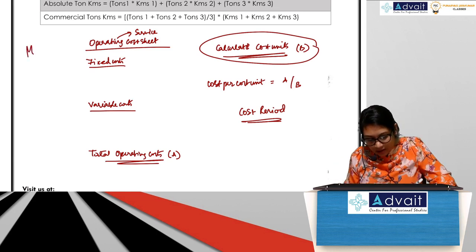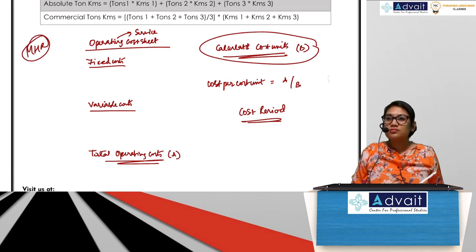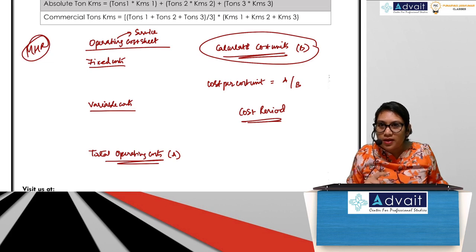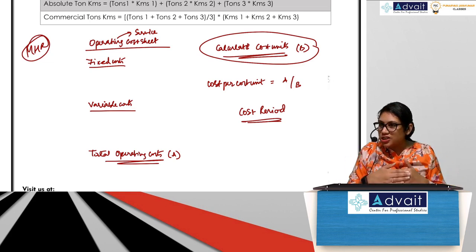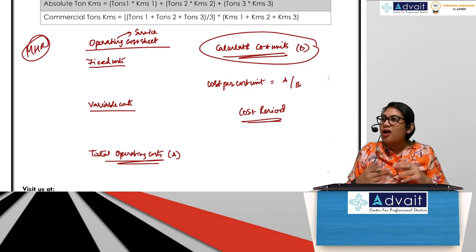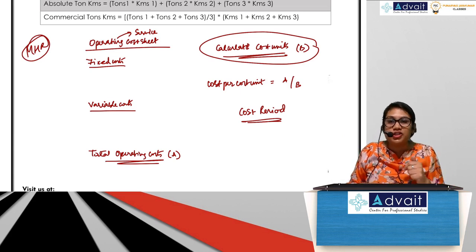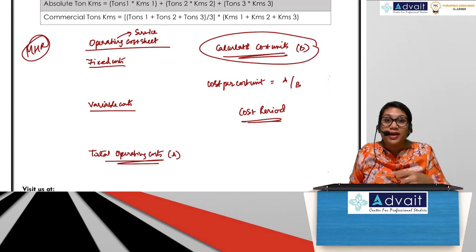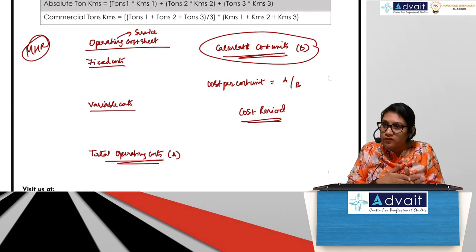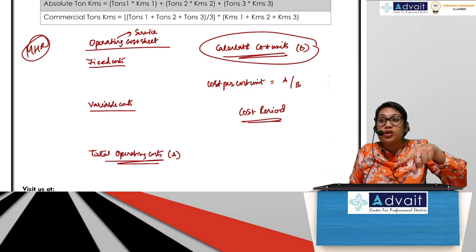This is very similar to machine hour rate. Yesterday we had done the same thing. There also I told you the same thing. What do we do? We calculate all machine costs, the same, fixed costs and variable costs. Then after that we divide by the total number of machine hours. There also I told you to look at the cost period. If the cost period is given, you follow what they have given. If they have not given it, what were you supposed to look at?